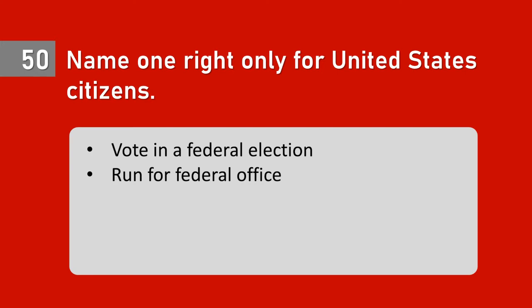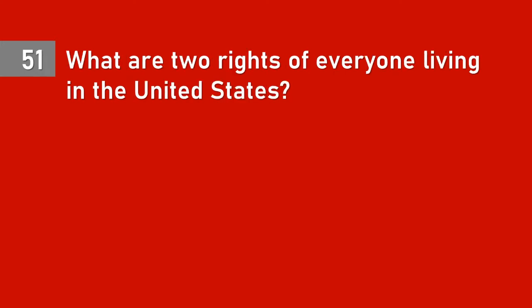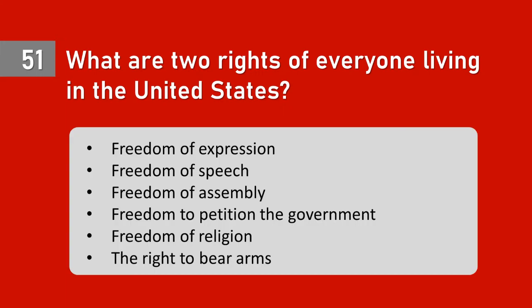Run for federal office. Question 51. What are 2 rights of everyone living in the United States? Freedom of expression, freedom of speech, freedom of assembly, freedom to petition the government, freedom of religion, the right to